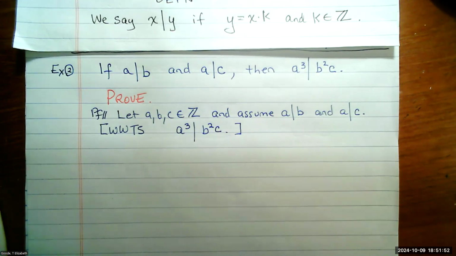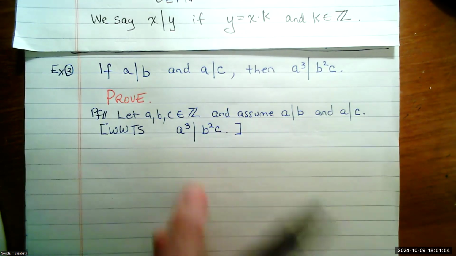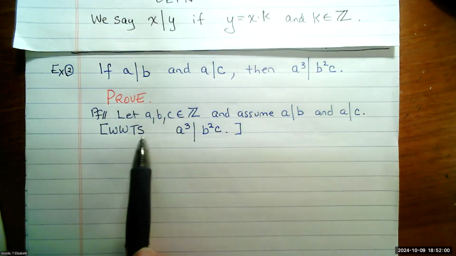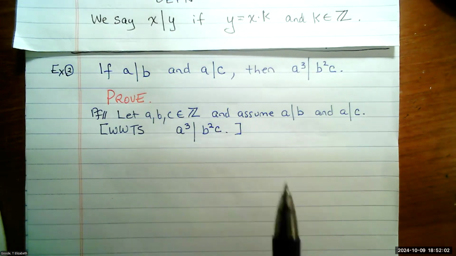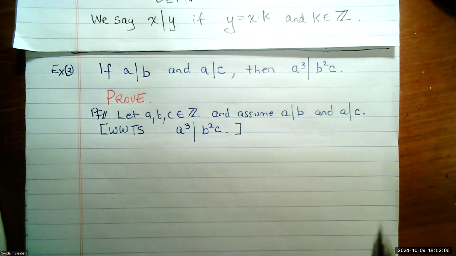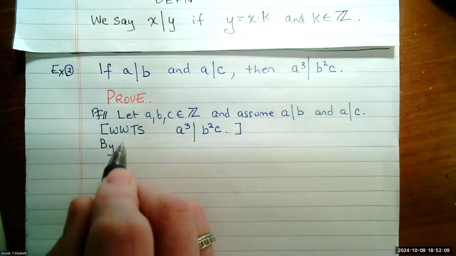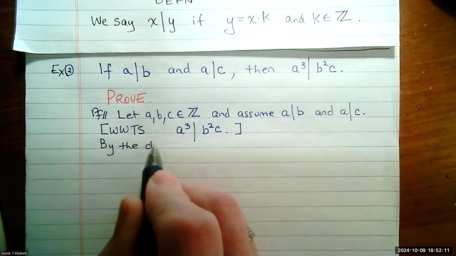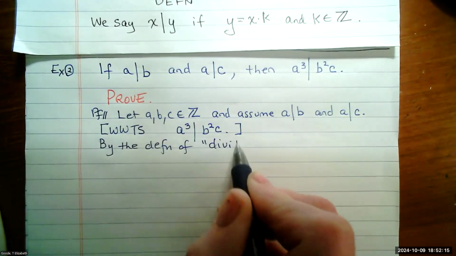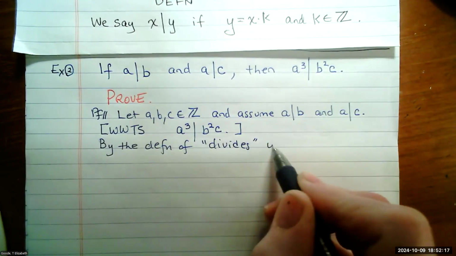You just have to go through these steps to carefully craft our argument. So we have our hypothesis, we know what we want to do, and now we hear the Halloween voice that says use the definition of divides, of course. By the definition of divides, we have,